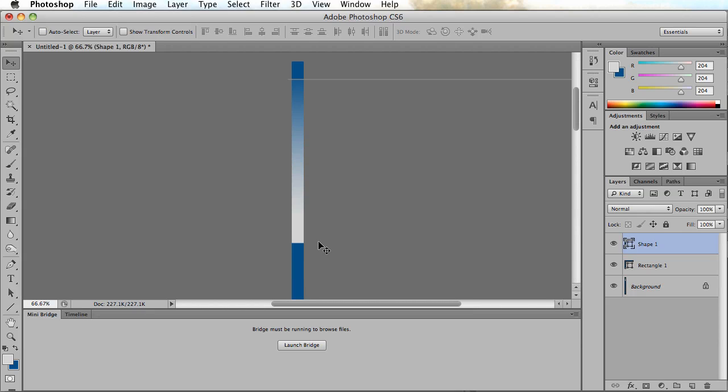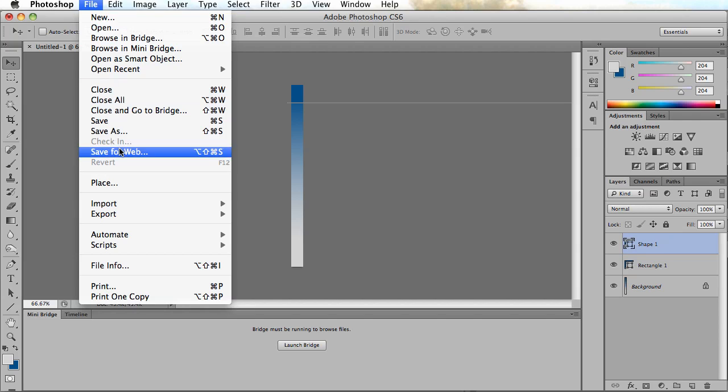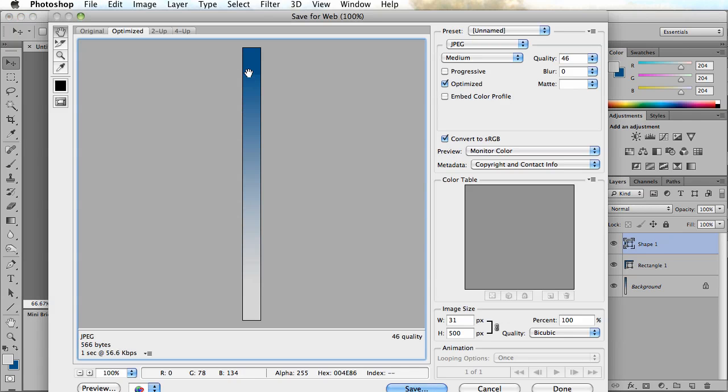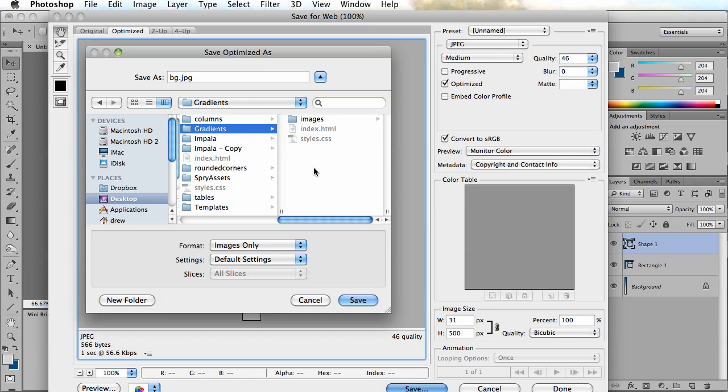So what do I mean by match the color? Okay, well I'll show you. Let's save this. So we'll do a file save for web. Okay, that's what that looks like, and that'll be alright. We'll go ahead and save it as a JPEG. Okay, so I'll just save it into my gradients folder. I'll call it BG practice